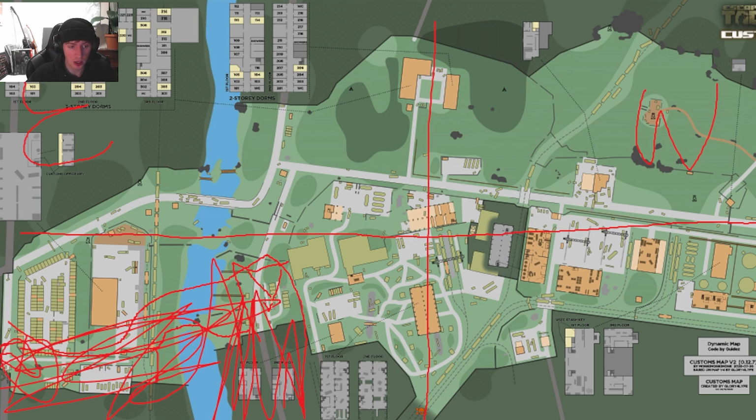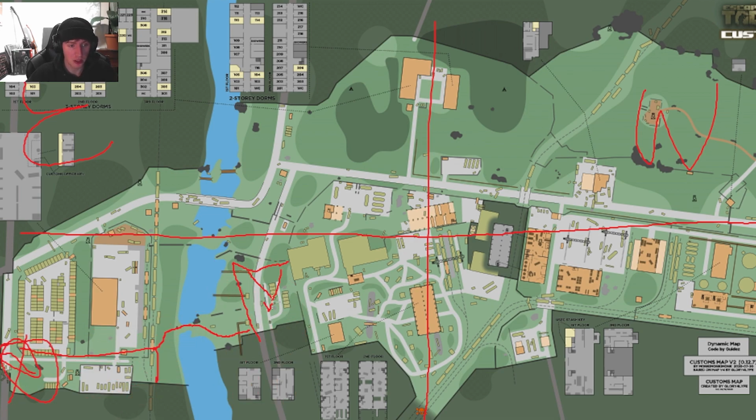So now what do you got to do? And it's possible nobody spawned here. It's possible nobody spawned here. So you could literally run from here all the way into Crack House, which is...